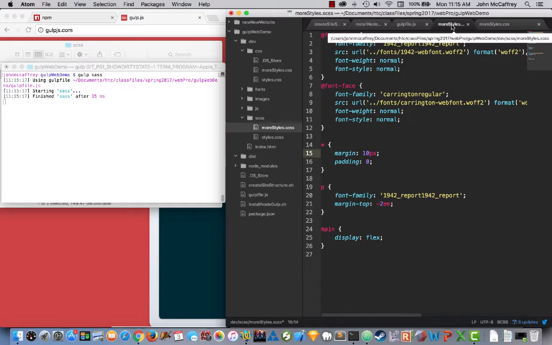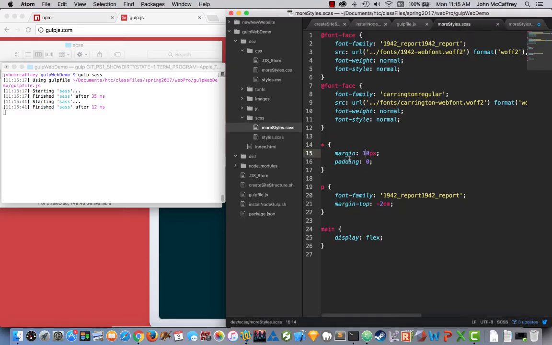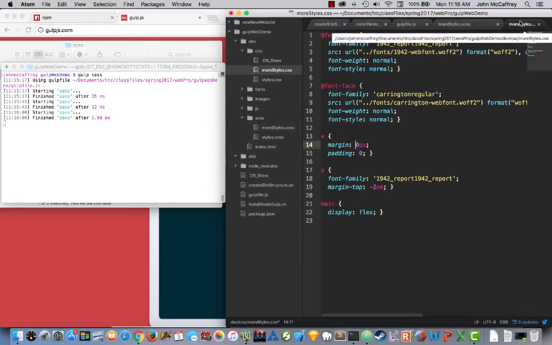Now if I switch over here and save this, switch over to that, and it automatically updated it to 10. So if I were to put that back, go up to 100 or 1000, oh, not on the CSS. We don't care about that. We care about our SASS file. Now I save that, go over to my styles,